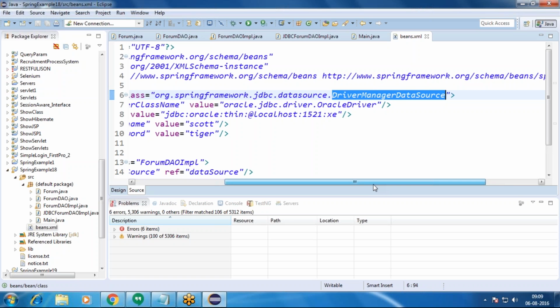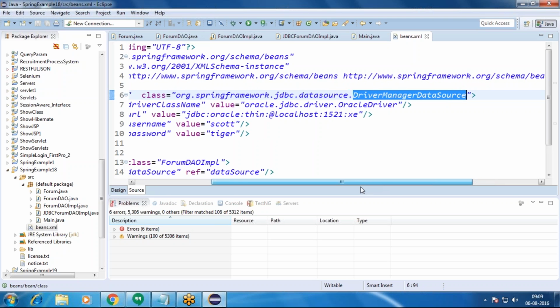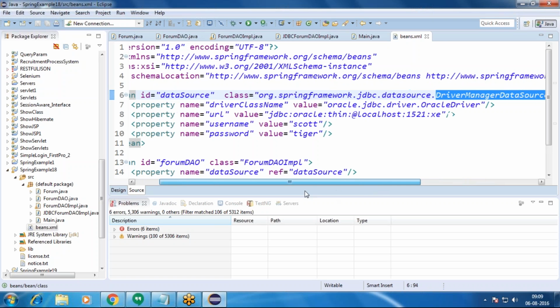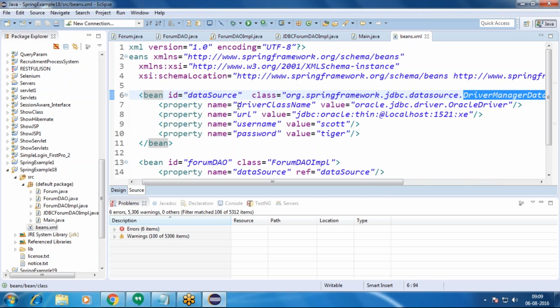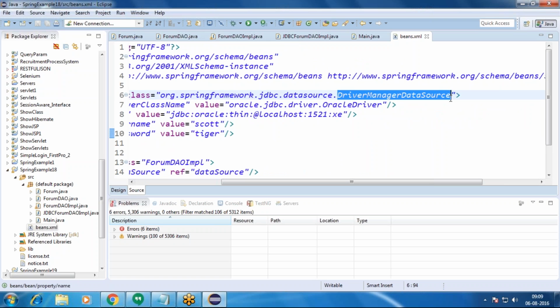When we give a driver class name, URL, username, and password to this class, it creates a connection with the specified database, so that we need not implement database connection related code.